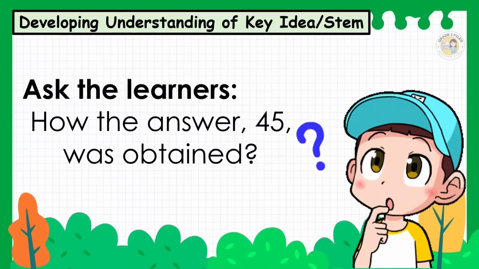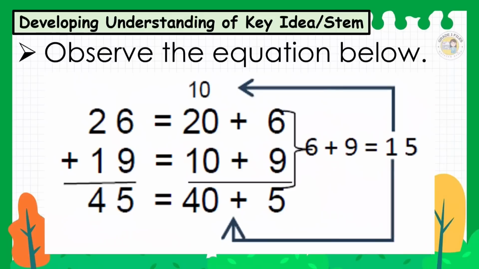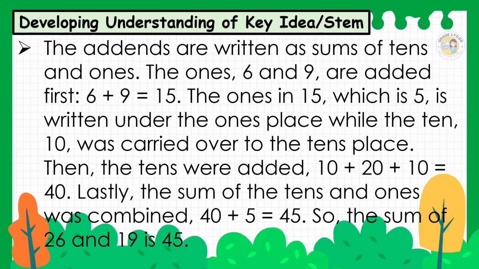Students, how was the answer 45 obtained? Now observe the equation below. The addends are written as sums of tens and ones. The ones, 6 and 9, are added first. 6 plus 9 is equal to 15. The ones in 15, which is 5, is written under the ones place, while the 10 was carried over to